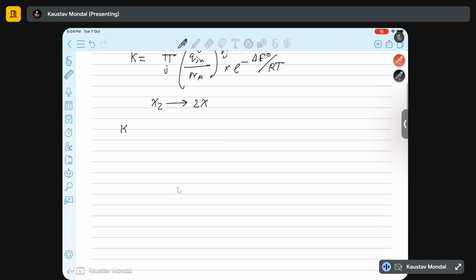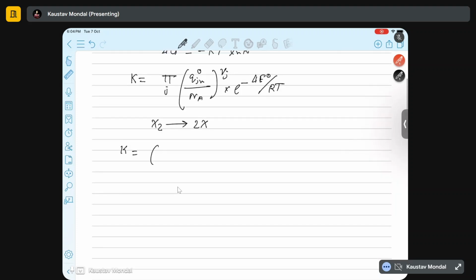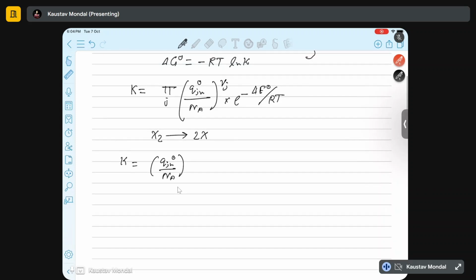The form will look like this: QjM0 by Na, where nu j is the stoichiometric coefficient. For the product, nu was equal to 2, and for the reactant, nu is equal to minus 1. So the first term is to the power 2,